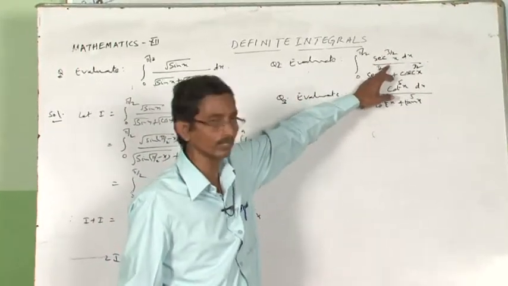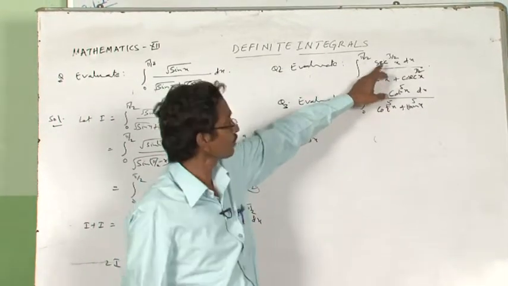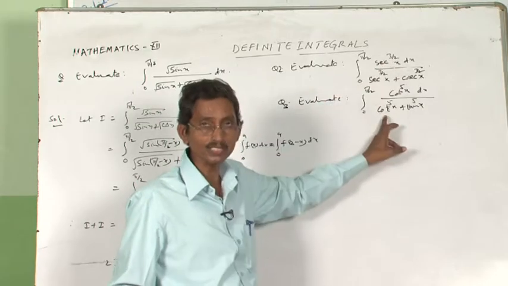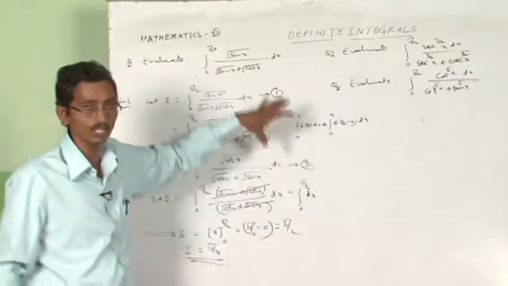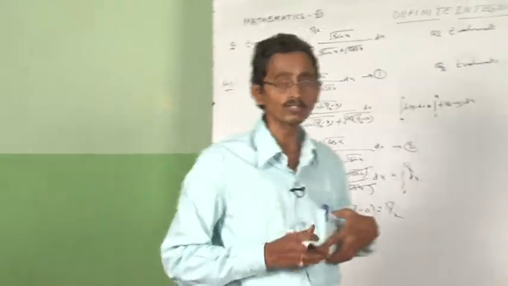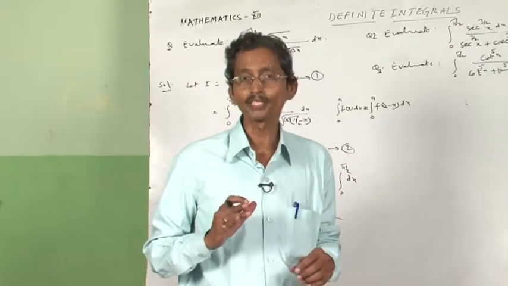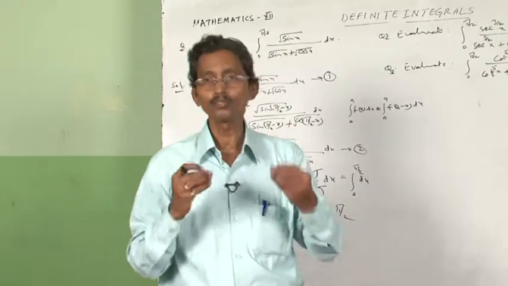The second question is also pi by 4. Sorry, the above question is equal to pi by 4 and this is also pi by 4. So, both answers are the same. This type of question always has the same solution, pi by 4. This type of question is also very easy to evaluate in competitive examinations, so it takes less time to find the answer.